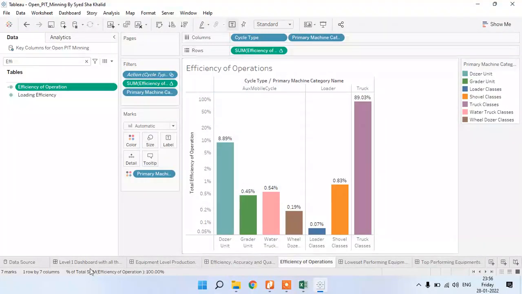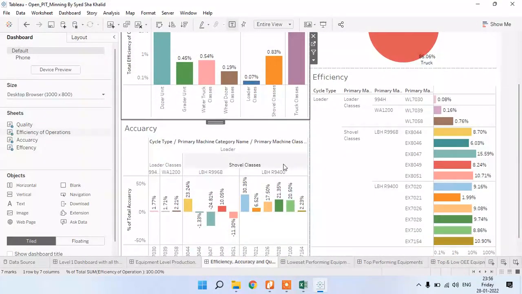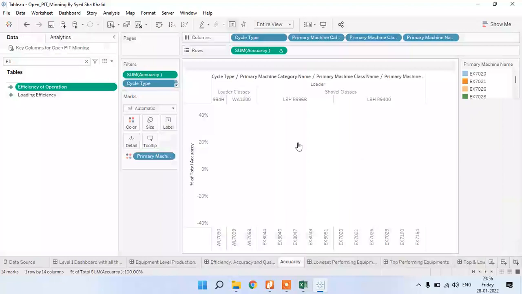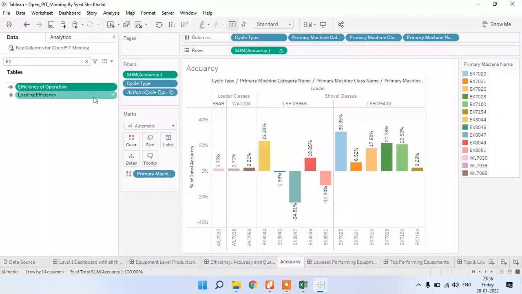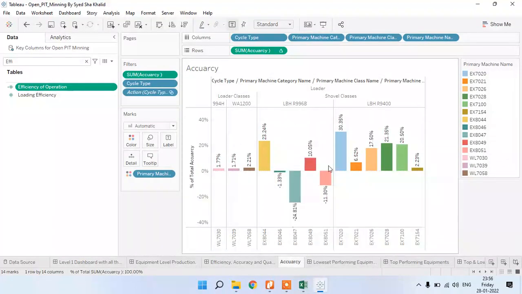Okay. Here accuracy I have found out. Accuracy is one more column which I have created. In that accuracy some negative values are there, but don't bother about it. I have used these filters. Accuracy I have also created the same way, as a calculated field.